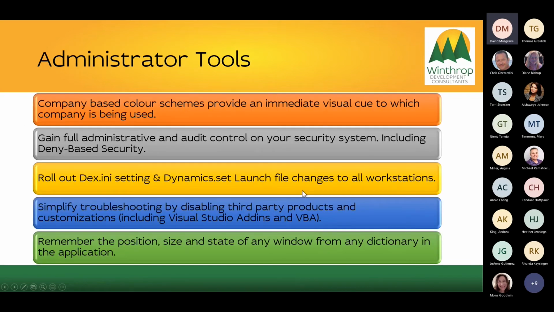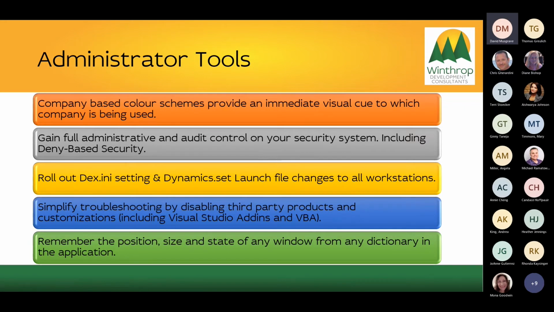others to work. This is a quick summary of what's in the administrator tools, but to make it easy, it's anything that makes GP easier to use from the user's perspective, or easier to administer from the administrator's perspective. That includes debugging, as well as a whole lot of usability enhancements, particularly things like security as well. I'll be showing you some of those, so don't worry too much if you didn't get a chance to read